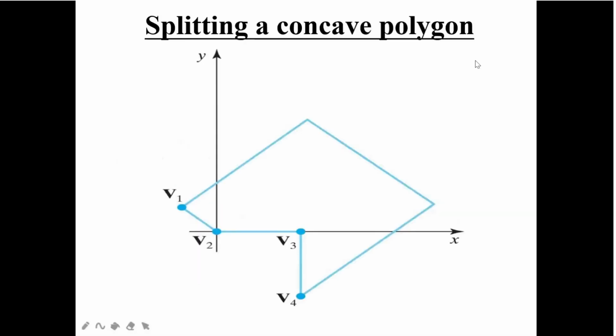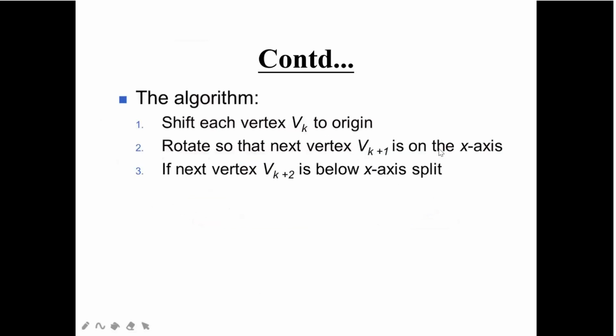Fine. Now this is one more question. There will be many variety questions where you have to explain all these things in great detail and in a theoretical way. Okay, so in this question you can see splitting a concave polygon. You can see here I have the x-axis, the y-axis, and some vertex points. Now how am I going to do the splitting? If you want to do the splitting, first you have one algorithm which you are going to follow. So how is the algorithm going to work?